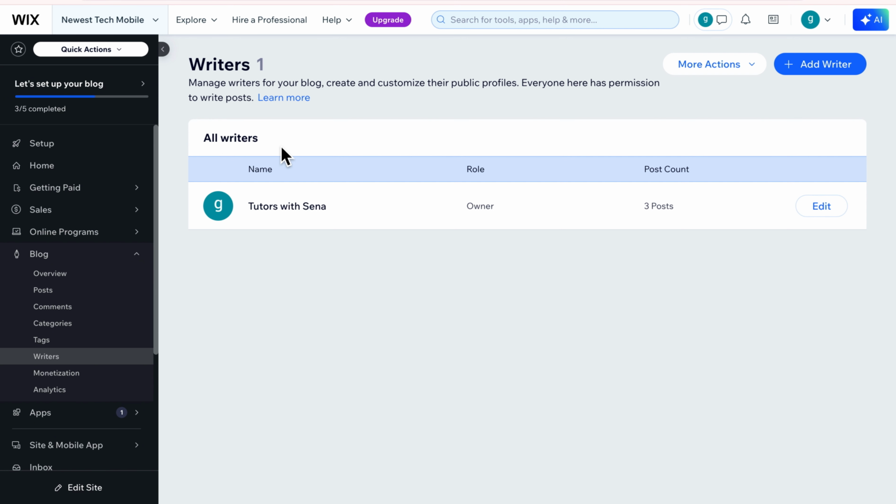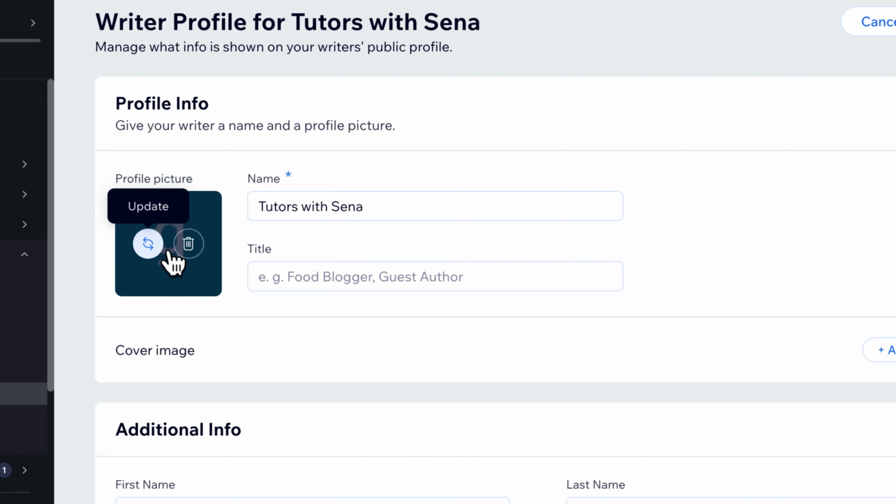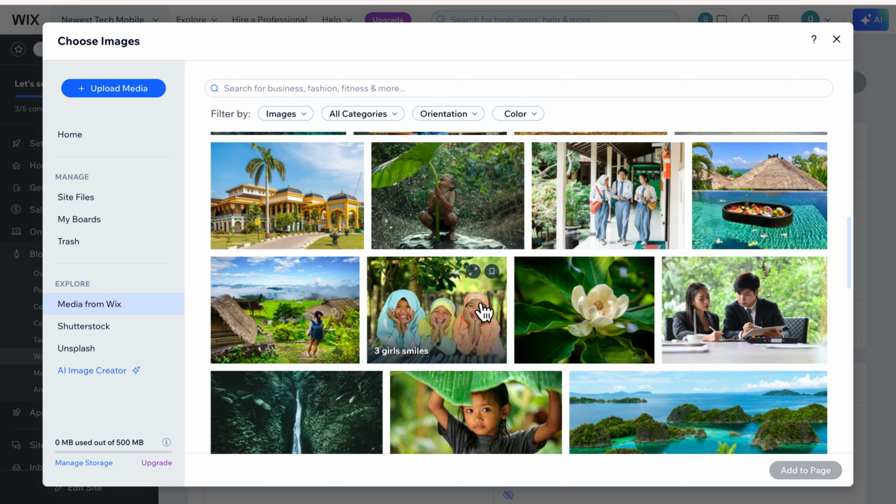And then right here at the Writers, you can edit your post author, whether to change the name or to change the profile picture of the author by clicking right here at the Edit. Right here at the profile info, on profile picture, you can just change the profile picture by clicking on this Update. And then right here, you can just choose any of the photos that you want to be your author